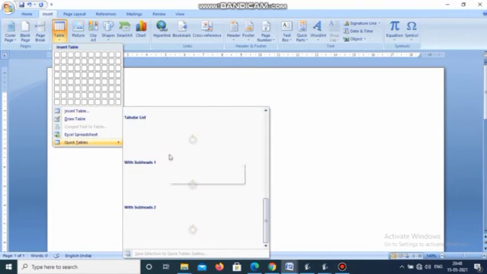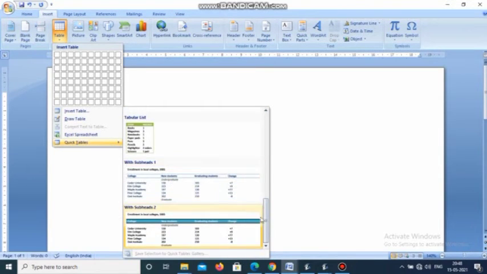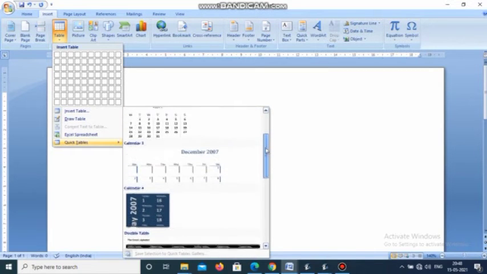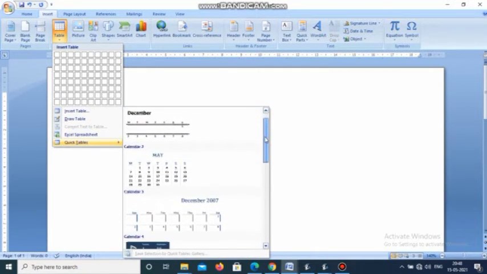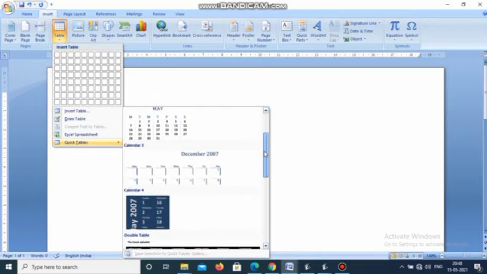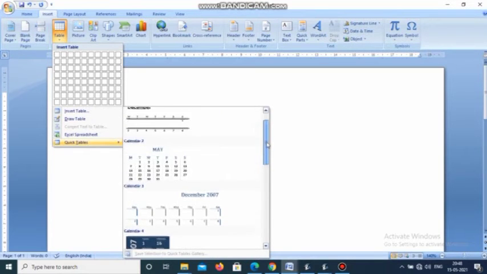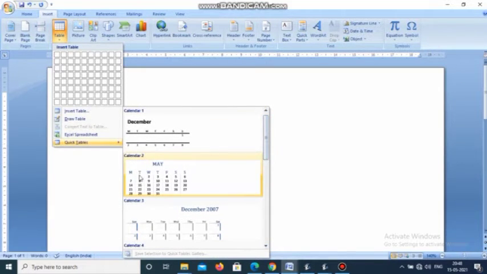Look at here, students, if you want to change the styles, many styles are here, you can choose by yourself. If you want to implement more styles, many more styles are here to implement. Okay, this is the way. So already you have seen there are 4 ways to create your table in Microsoft Word. Apart from this, you are having one more option to create or convert text to table.